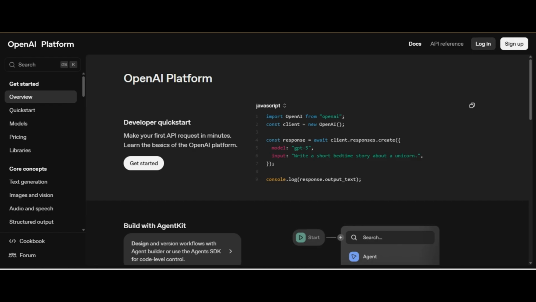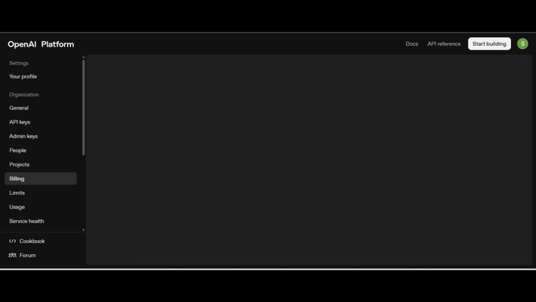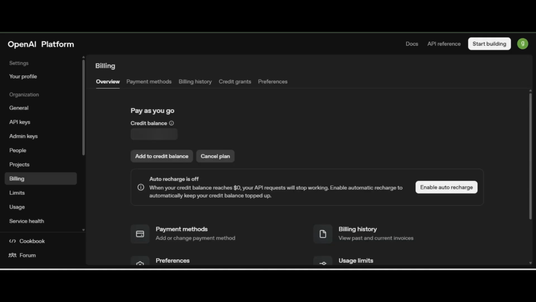After you log in or sign up, your interface looks like this. Search billing overview, and then you have to add some credits. This time I have 4 credit. Initially it requires $5, so you can add more, but it is necessary to use their data.